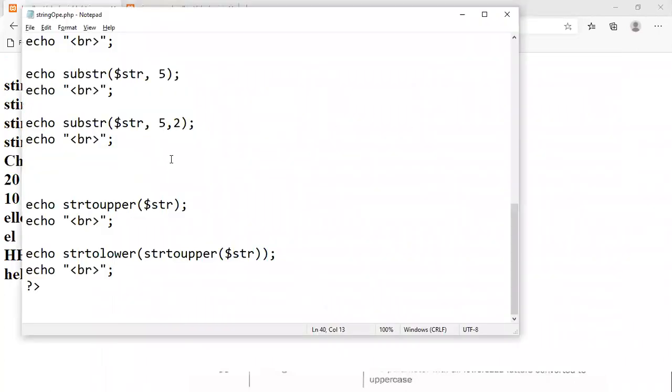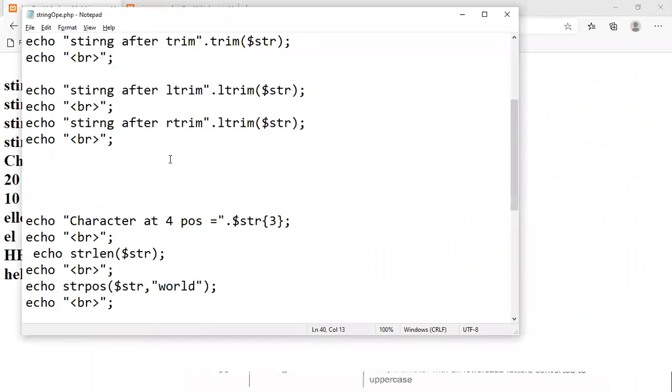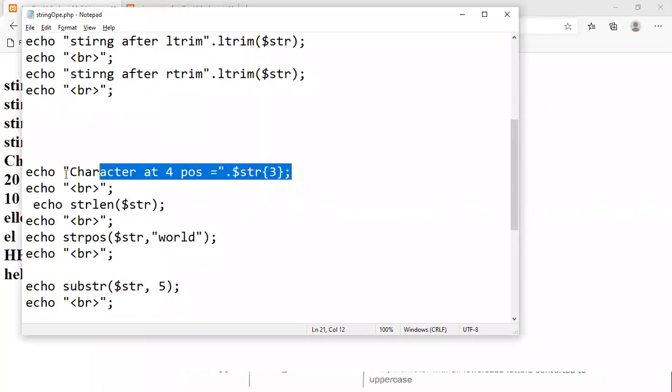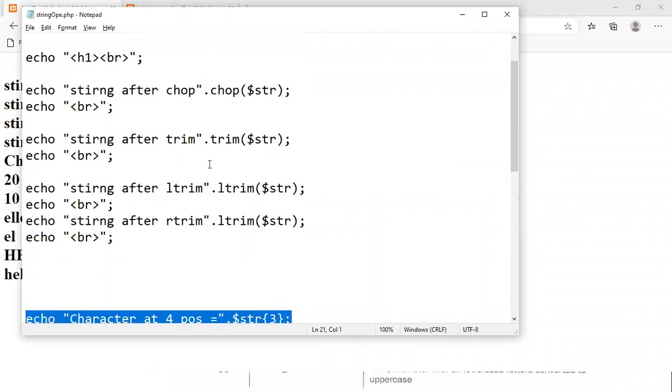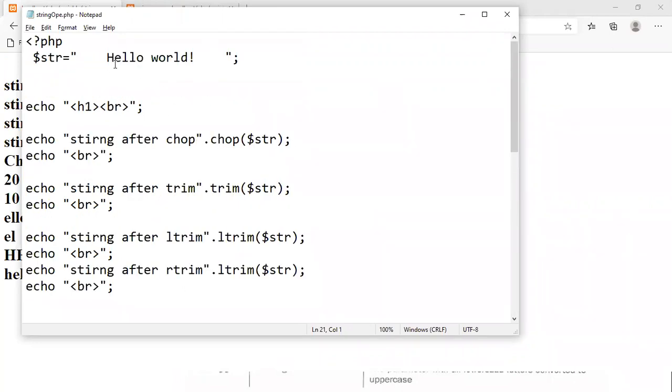We'll check what is the error in the program. Here only, right? Yeah, the fourth position is there. Why is it not printing? Because at the fourth position, counting 0 1 2 3, L has to print. Yes, we got that, because the trailing white spaces are raising the issue, right?